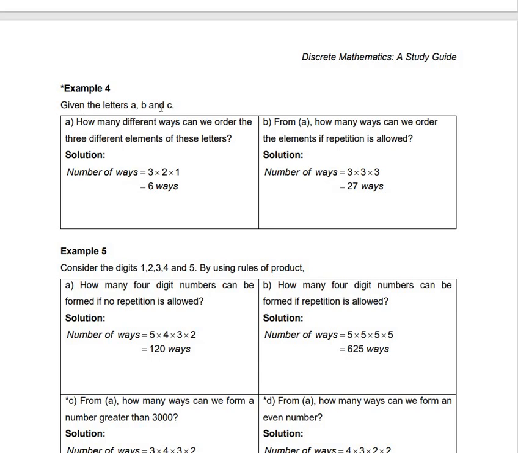Given the letters A, B, C, how many different ways can we order 3 different elements of this letter? In how many ways can we order? Maksudnya untuk kita susun lah. You ada 3 elements. Which is 3 elements ini, dia akan duduk pada